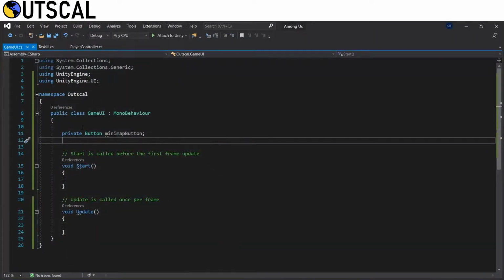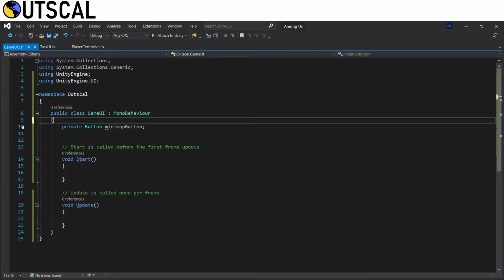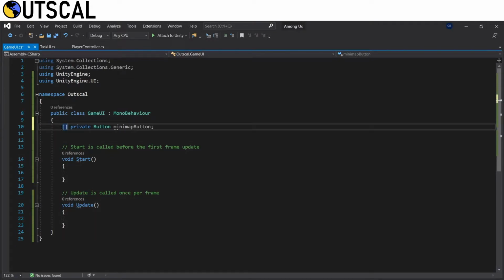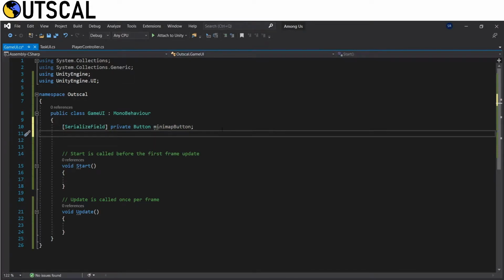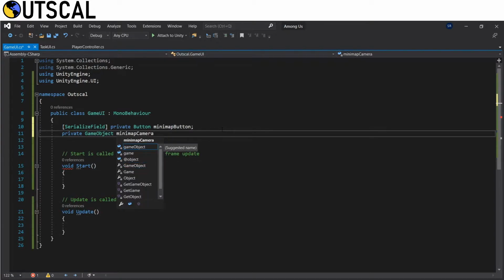So in our button we have, let's make this a serialized field so that we can add the button in our inspector. Then we need to create a private camera, or we'll call this a game object because we are just going to activate them. So GameObject minimapCamera, and we can also give a reference to our skeleton map.